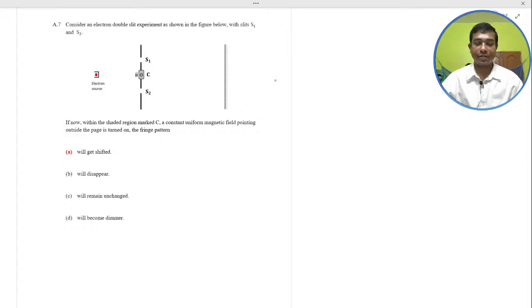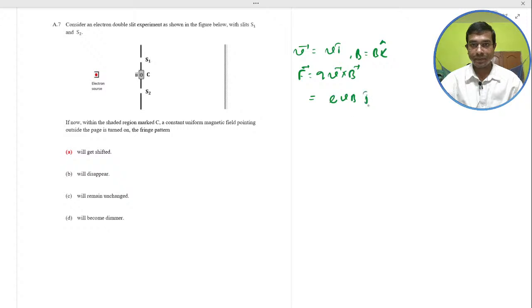That means here, in the solution, the velocity V is in direction V i cap and the B here is B k cap. So the force F is q V cross B. So you will get e V B j. Thus the pattern will shift in the Z direction. The pattern will shift in the Z direction, which means it will get shifted. Option A is correct. Next,